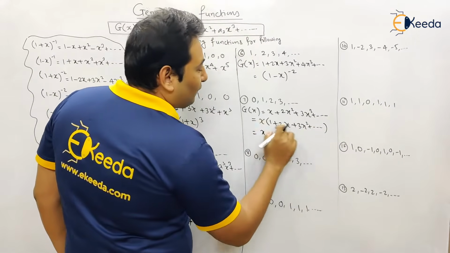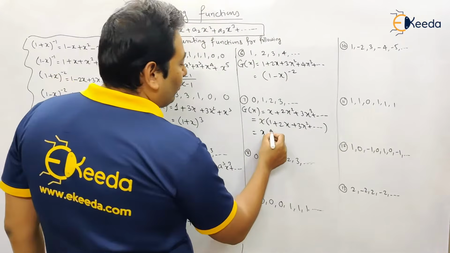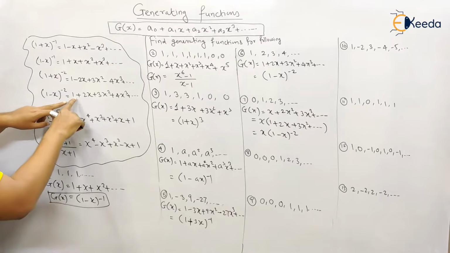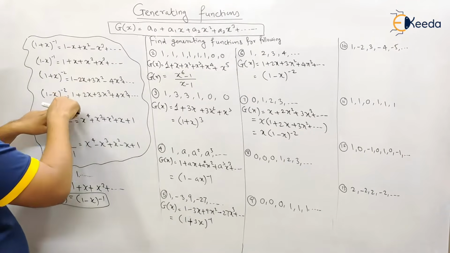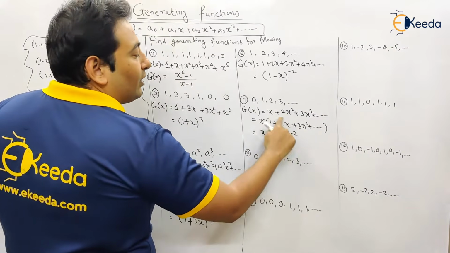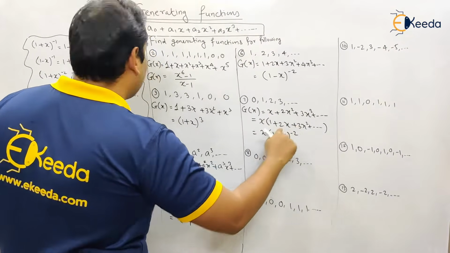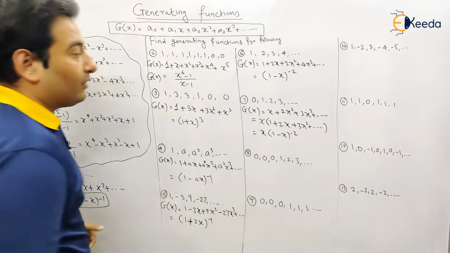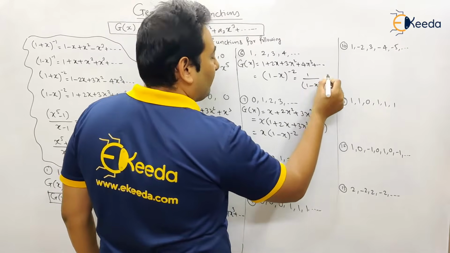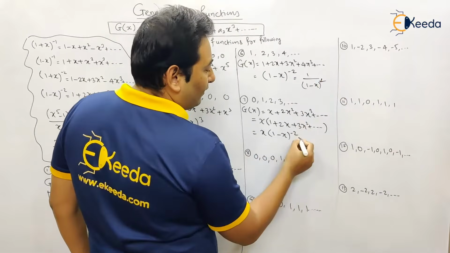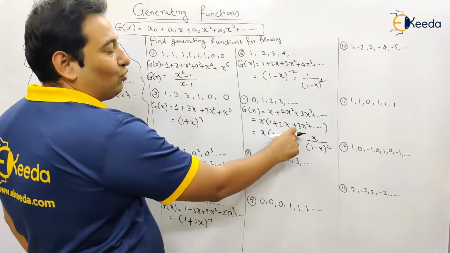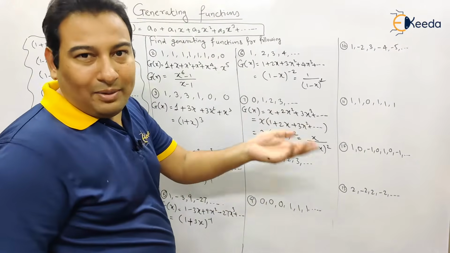Now you can say this formula is converted into 1 minus x raised to minus 2. See here, 1 plus 2x plus 3x square. If you want to use any formula, the first term is 1. If you take x common, the series will be converted into this formula. So in short, you can write this as x times 1 minus x raised to minus 2, and this you can write as x upon 1 minus x the whole square. Raised to minus 2 will go down and become square.